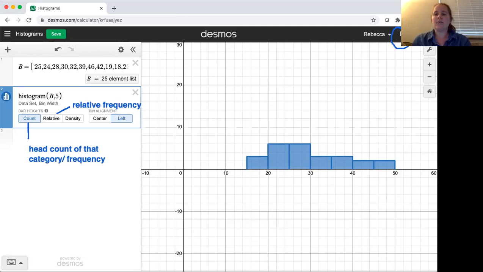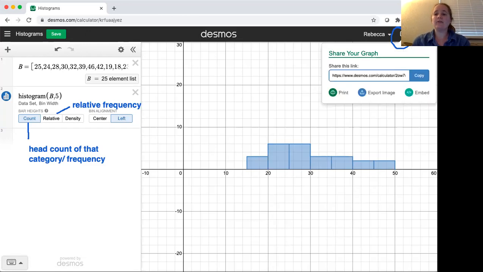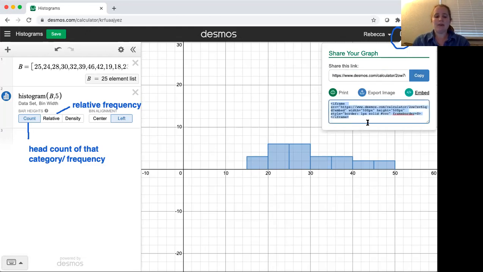If we click on that box, it comes up with share your graph. Easiest way to put this into Canvas is to click on embed, and we can just copy all of that text that popped up. And now I'm going to go ahead and switch over to Canvas.